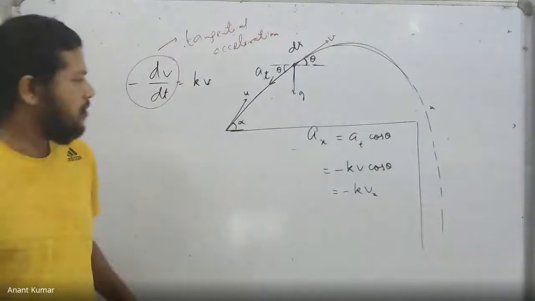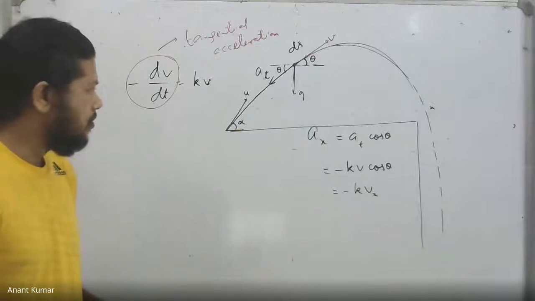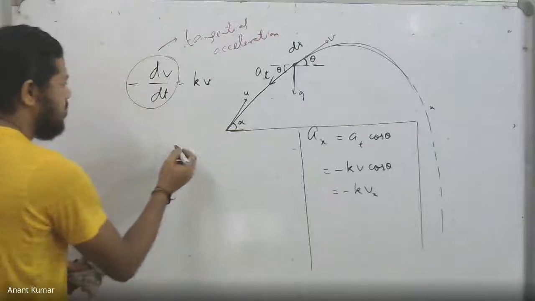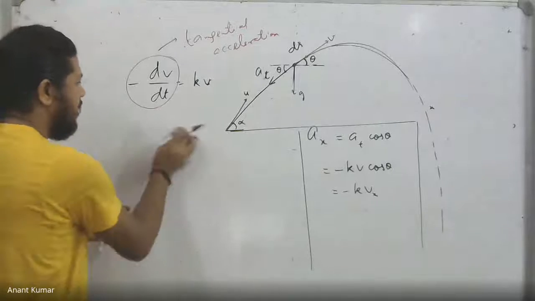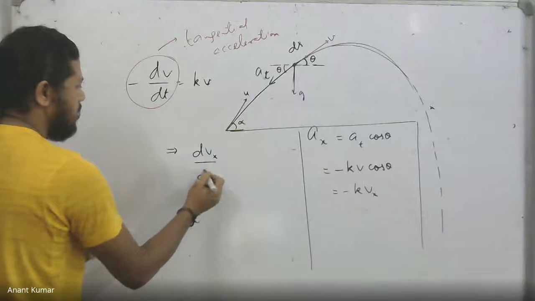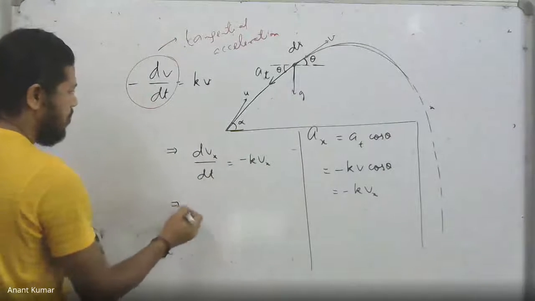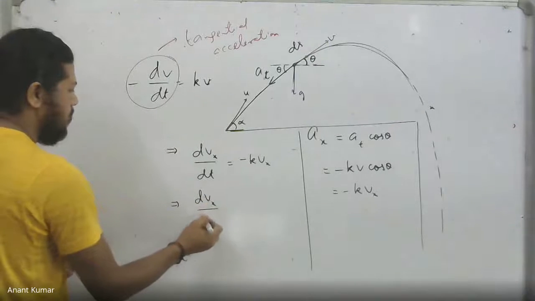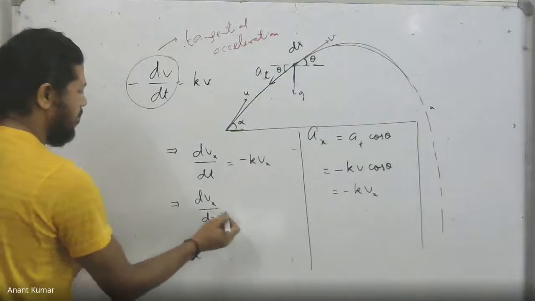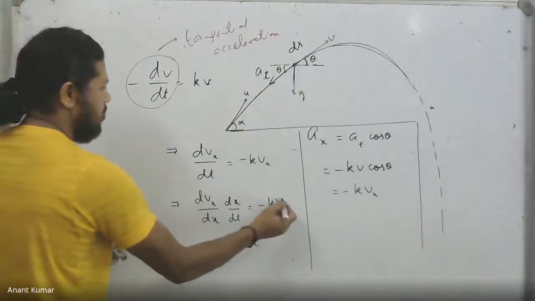Anyway, if I look at this equation, strictly speaking, what exactly are we getting from here? Because the acceleration is the same thing as dvx by dt, this gives us the rate at which the x velocity changes along the x-axis. However, I could write this as dvx upon dx into dx by dt. I multiply and divide with dx.